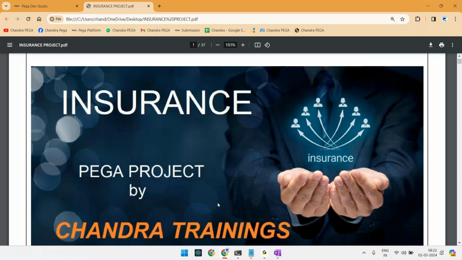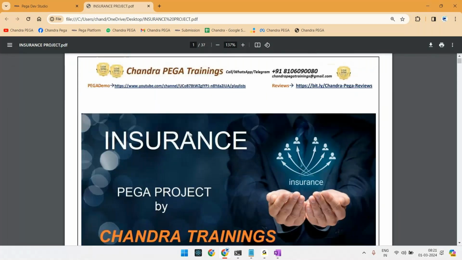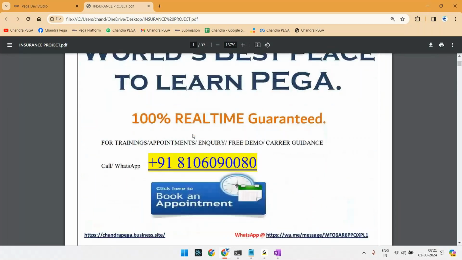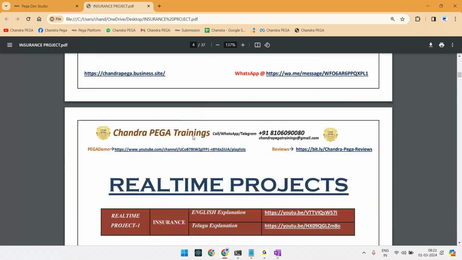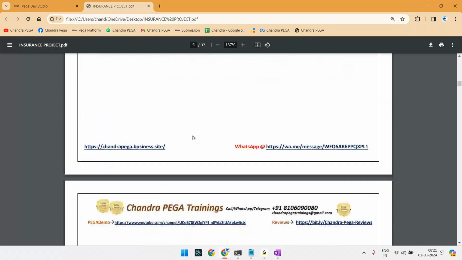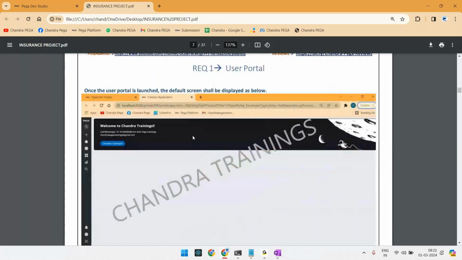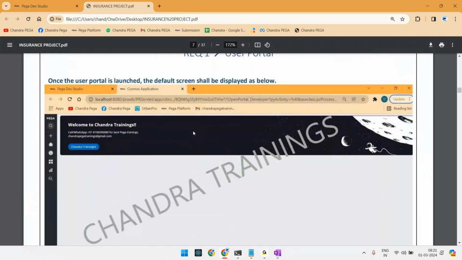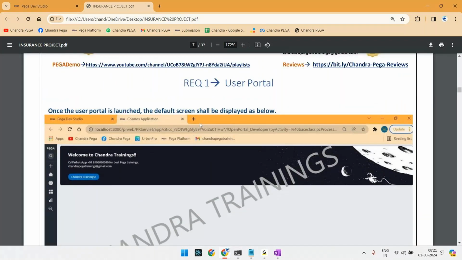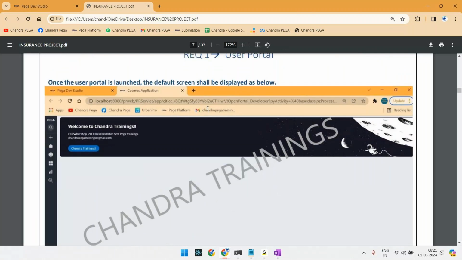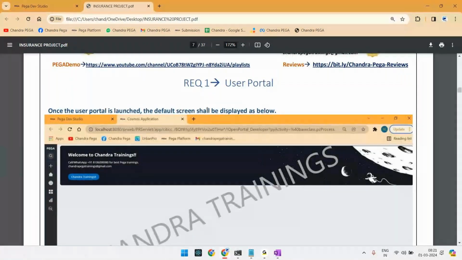Okay. So if this is such a project, you are supposed to first analyze what all the requirements given are. So let us discuss everything from the beginning. Requirement one here is talking about the user portal. So, user portal meaning,